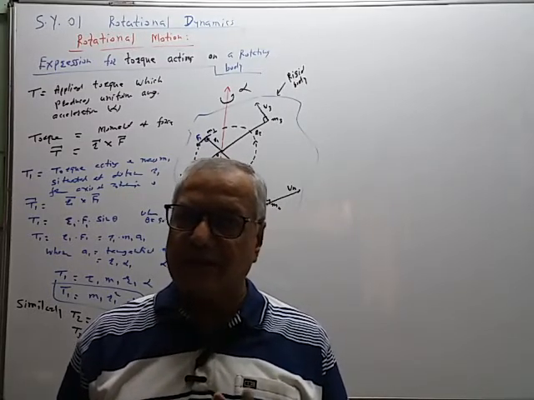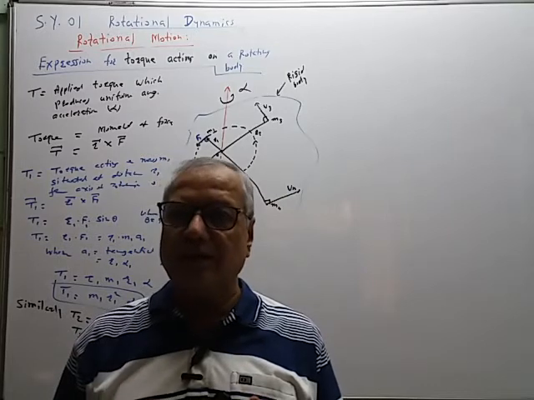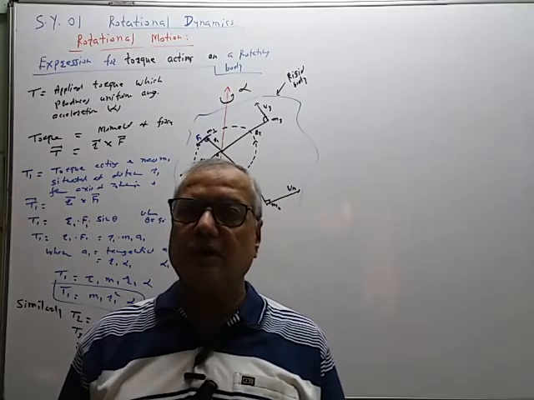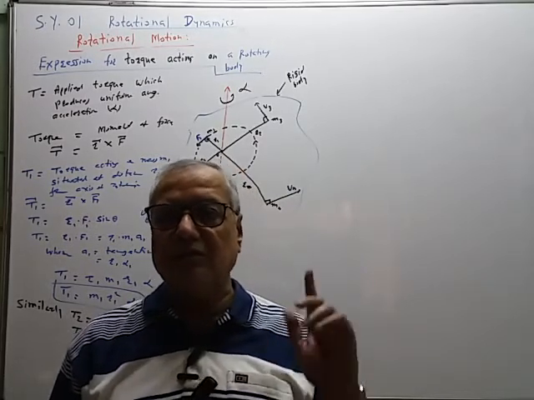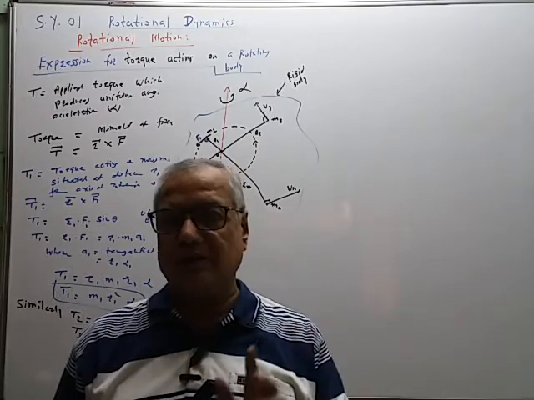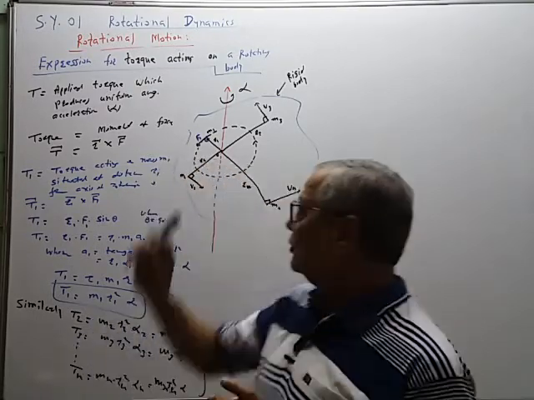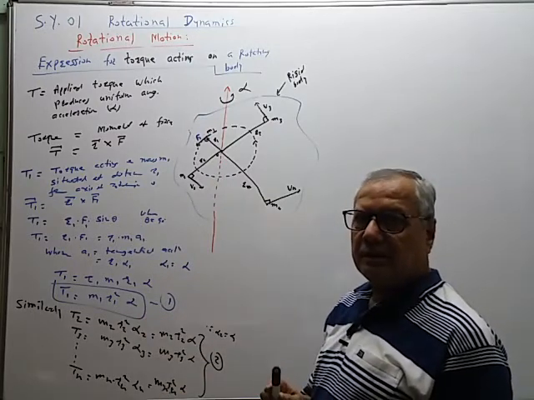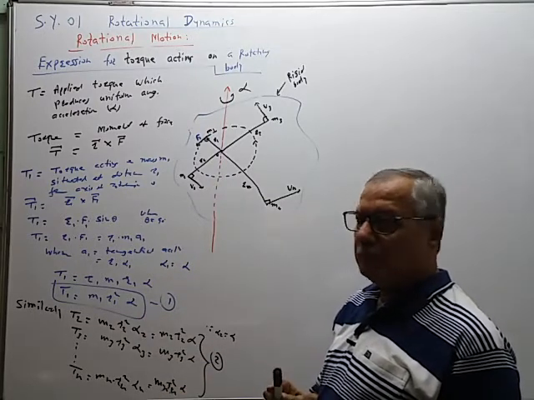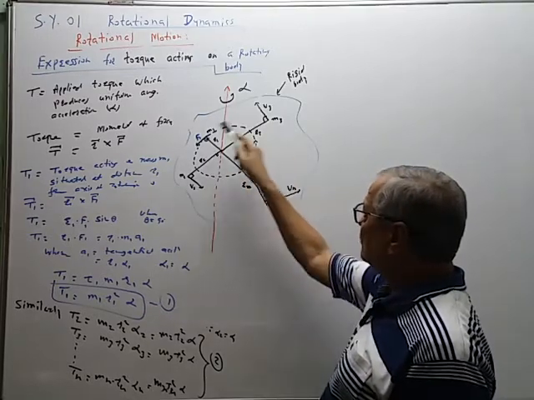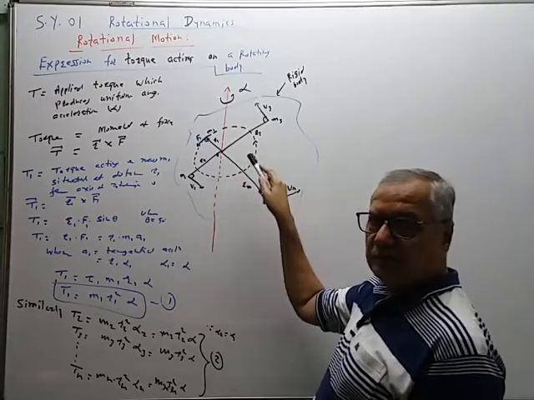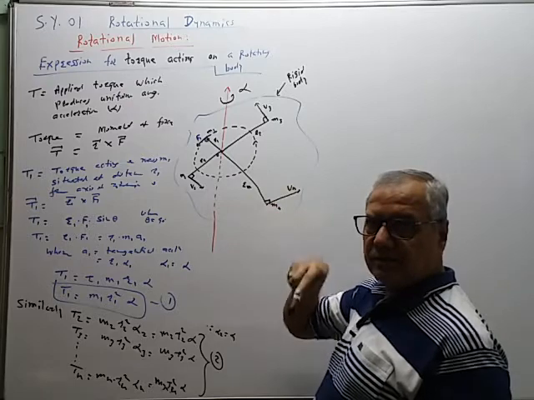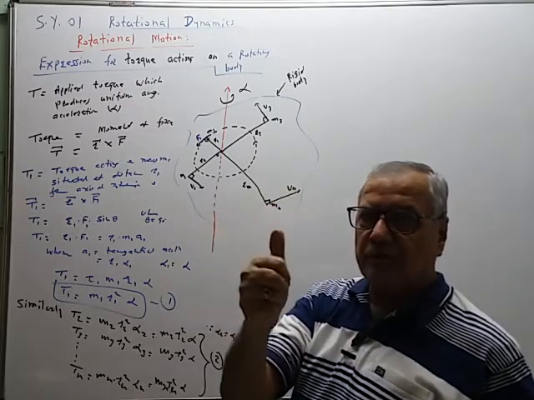Kinetic energy is a scalar quantity, and therefore the total kinetic energy of the rotating body E is given by E1 plus E2 plus E3, because they have no direction. Now in this case, T1, T2, T3 are vector quantities, they have direction, but all the particles are performing circular motion in the anti-clockwise direction. The circular motion direction is the same for all, by the right hand rule.